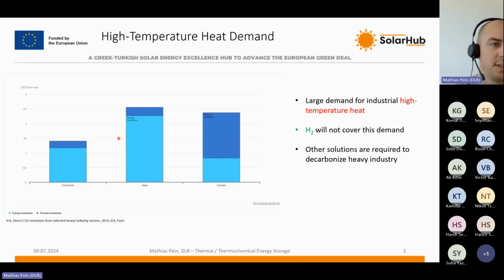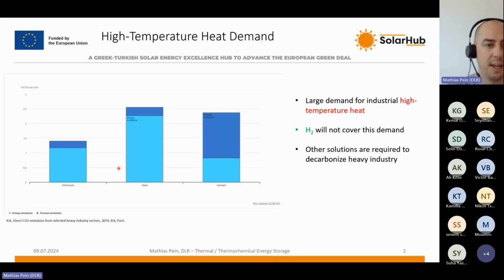So to decarbonize the heat provision for these processes is crucial to reduce the CO2 emissions of these heavy industries. You can also see, for example, in the cement production, that one of the biggest factors is that the process itself actually releases CO2, but it was already mentioned that capturing the CO2 and utilizing it is one way to reduce these emissions. But to reduce the emissions that come from heat supply, we need to decarbonize that, and for